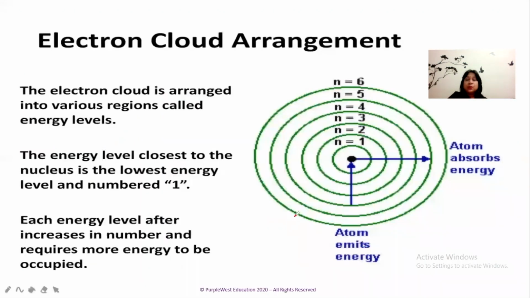Now, you have studied in the 10th standard the arrangement of the electrons around the nucleus, which was given by Bohr. Here n represents the principal quantum number, and n equal to 1 means it is closer to the nucleus. This is the first orbit, and n equal to 2 means it is the second orbit. In this way, from the value of n, we can know the main energy level, that is known as the principal quantum number.